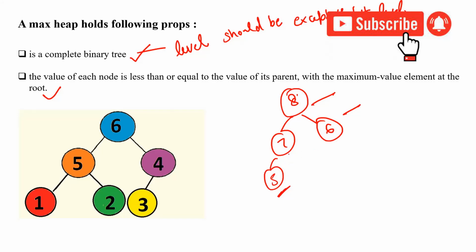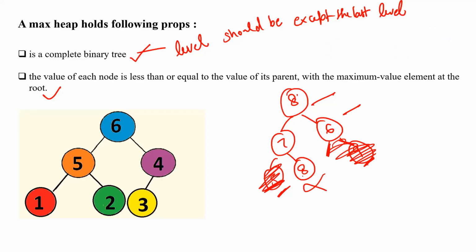If I am doing something like this, 5, 8, and then this 9, is this a complete binary tree? No, because this left side is empty and you are filling the right side, so that is not a complete binary tree. Let me make some modification. Okay, is this a complete binary tree? Again, it's mentioned that for a tree to be a complete binary tree, we have to start filling from the left side.